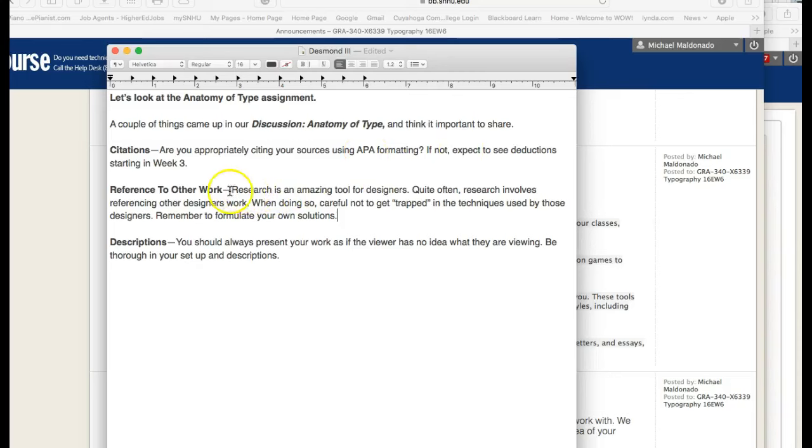Reference to other people's work, or rather to other work in general. So this came up in the discussion board, and I thought this was very interesting, and I want you guys to think about this. Okay, so a couple of students came up and said, I have this subject that I have chosen, and I wanted to make sure that I was doing my research, which is great.